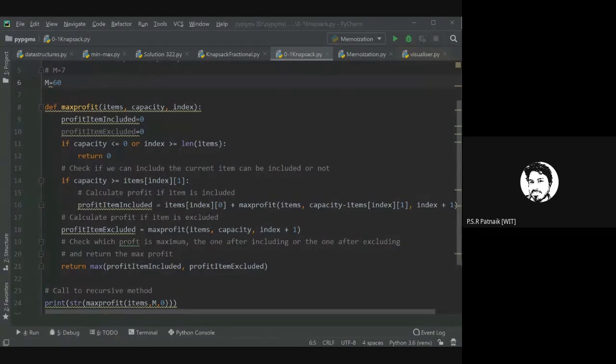If you find that, you have to tell me for what value of C, what value of index and items you find a redundant call.